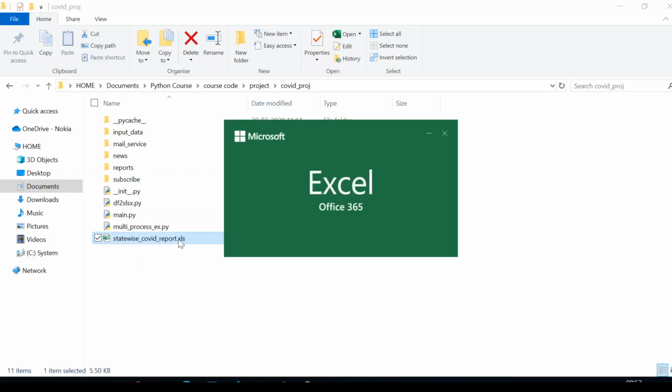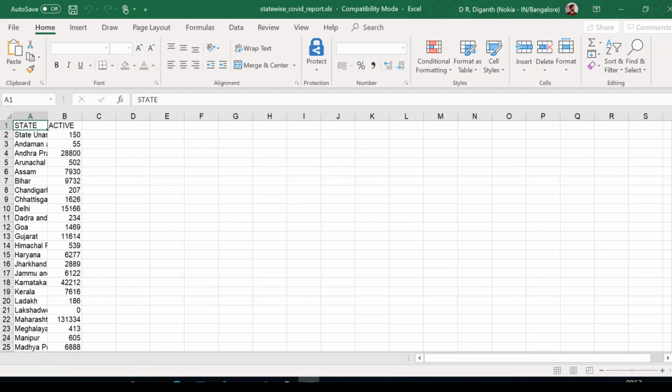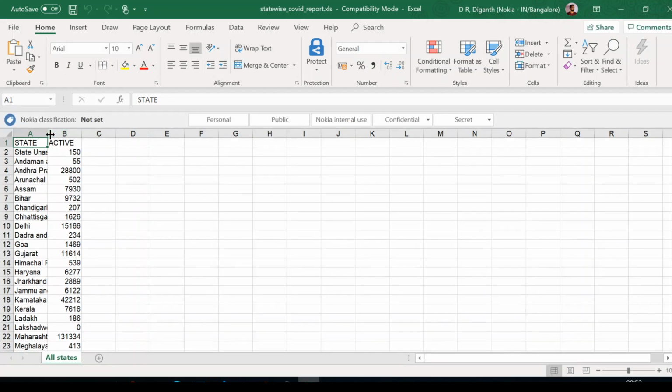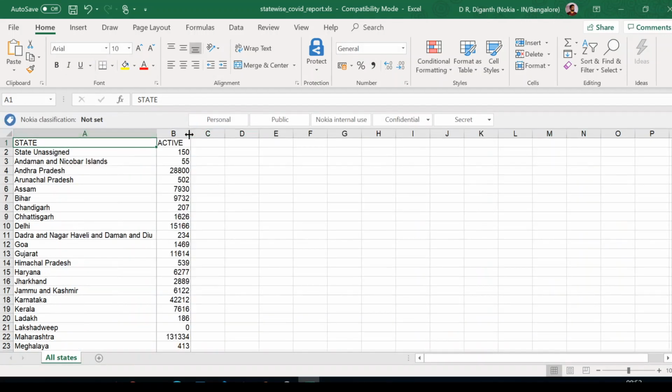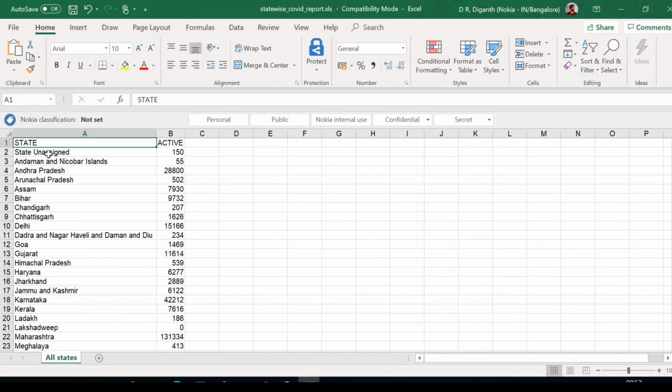So the expected Excel sheet would look like this. From the API, what I have done is I have the state names in the first column and the active number of cases in the second column. So this is how it looks.